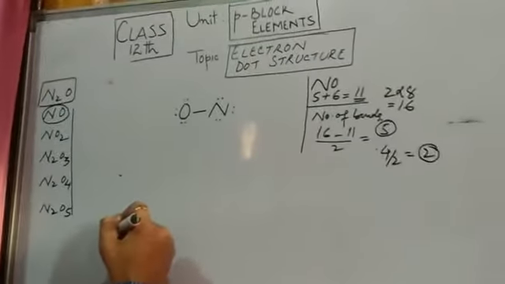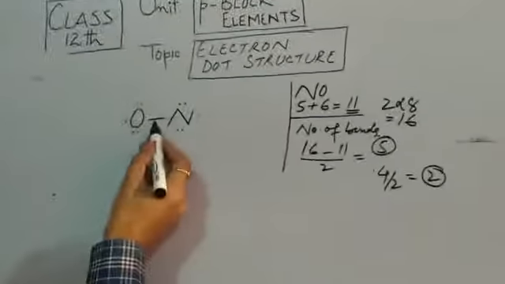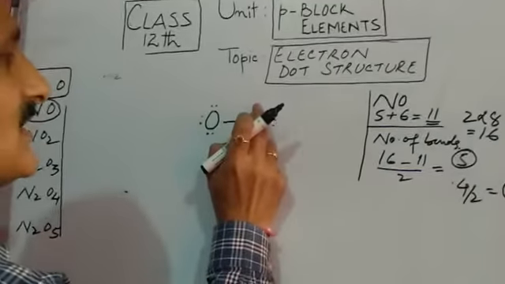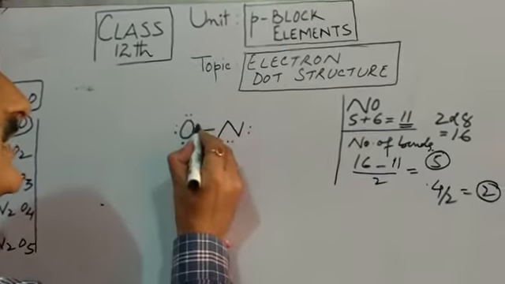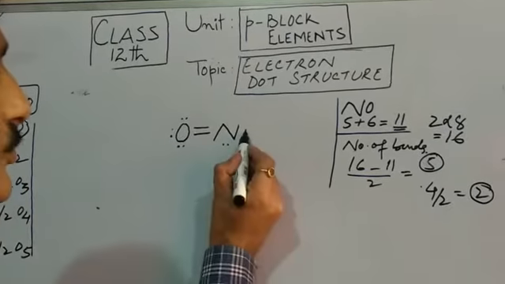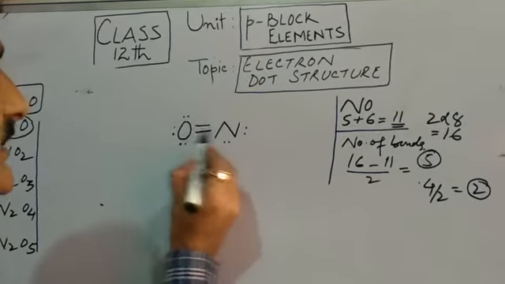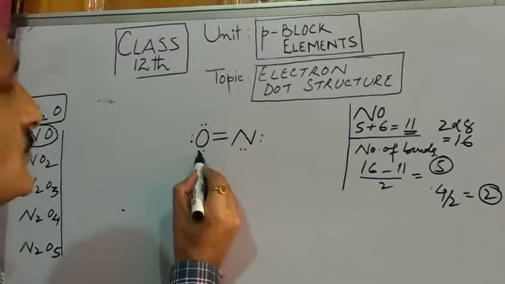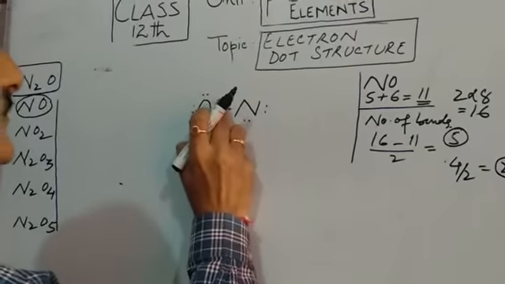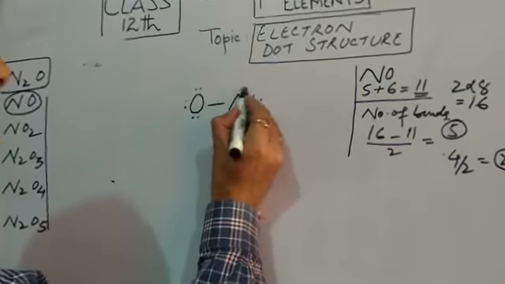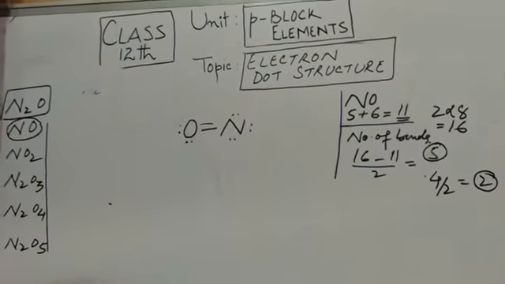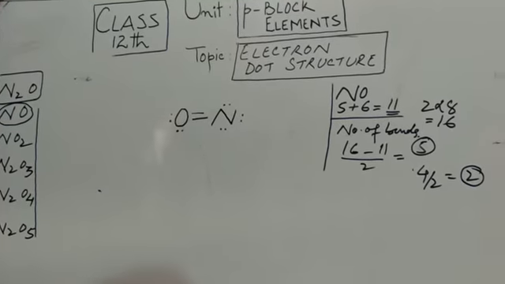Now see, how many bonds have been formed? Only 1. How many bonds should have been formed? 2. So we will do one thing. We will shift these 2 electrons here in the form of a bond. Now let us see, 2 plus 2, 4, and these 4, 8, 2 plus 2, 4 plus 2, but this, so we will have to do like this. Let us place it here and shift these 2 here. Now let us see, all these have completed their octets.